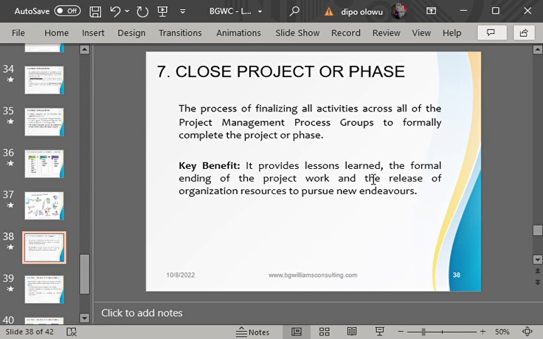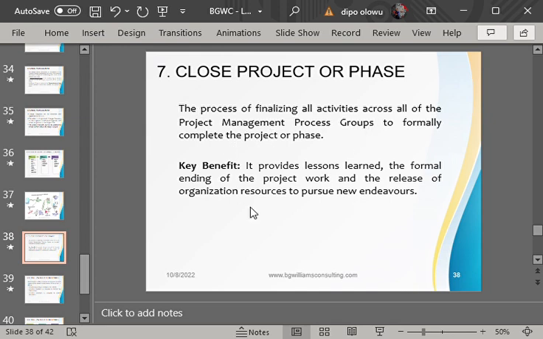So closing project or phase means you can decide that in your project you are going to be closing phase by phase. All right. While also you can decide to say, okay, I'm going to close the project once we are done with all the work. So it now depends on you, the project manager. Okay, so closing project is going to be either as a total project or by phase.